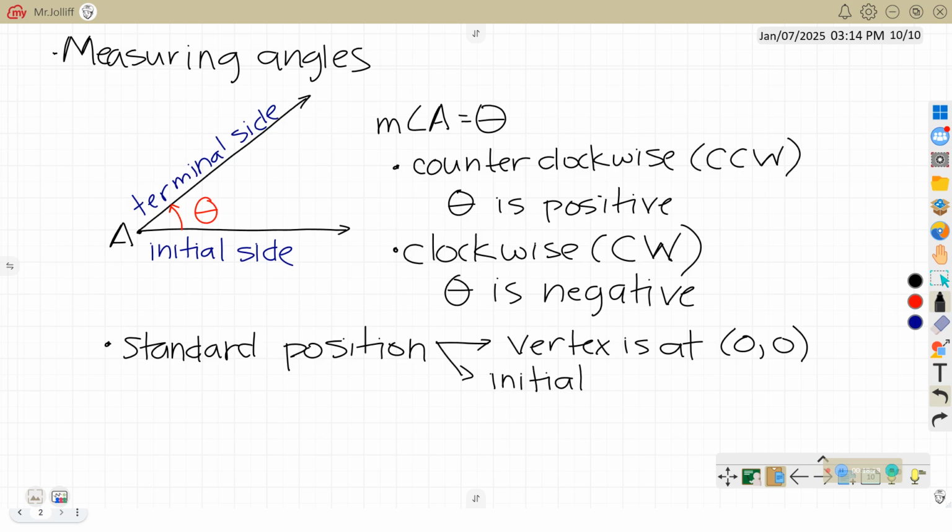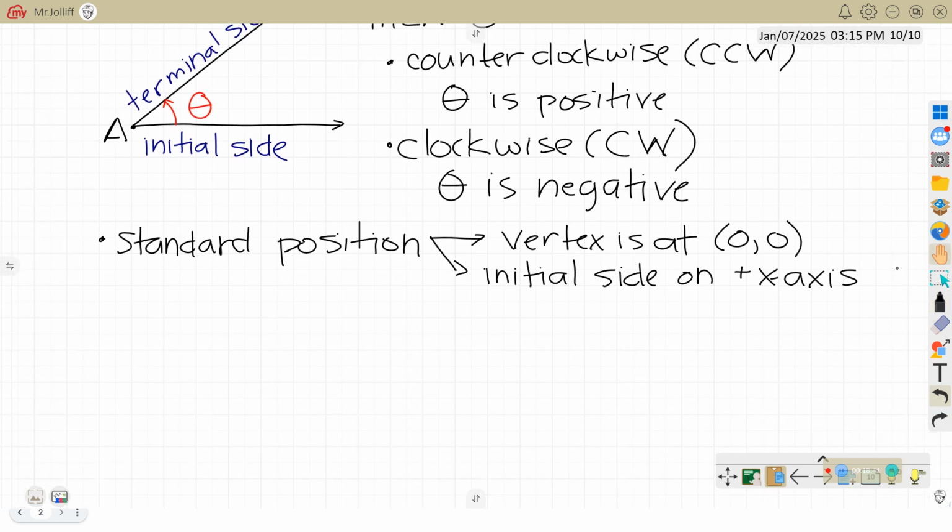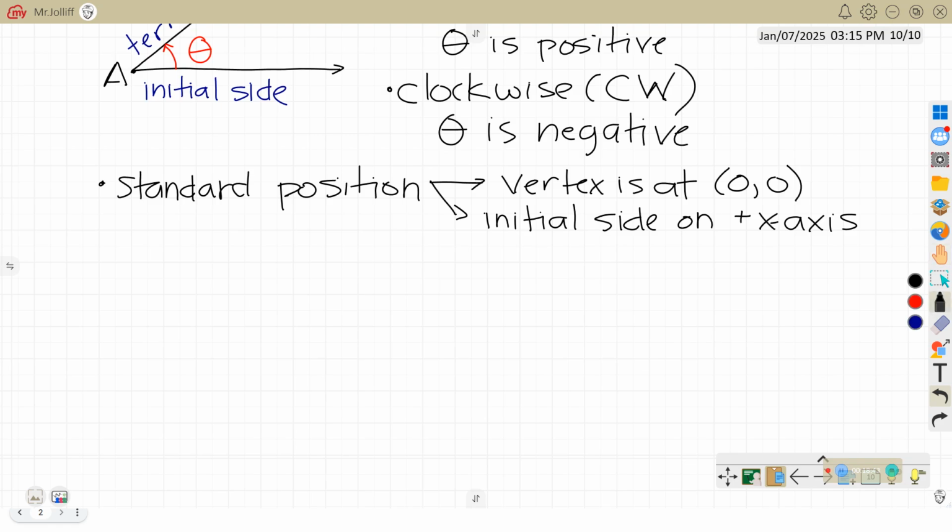Specifically, the positive x-axis. The terminal side can sit anywhere else in the coordinate plane, but the vertex is at the origin, and we start on the positive x. For example,